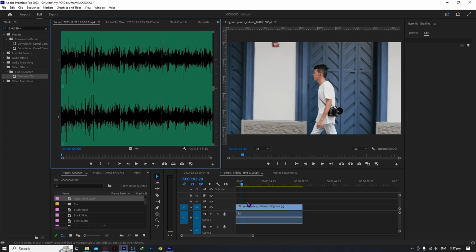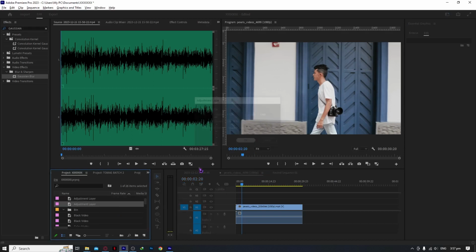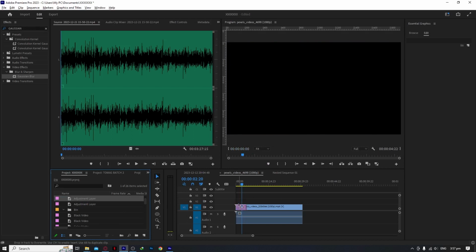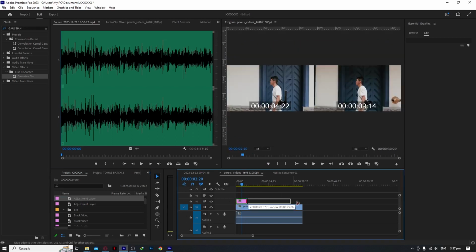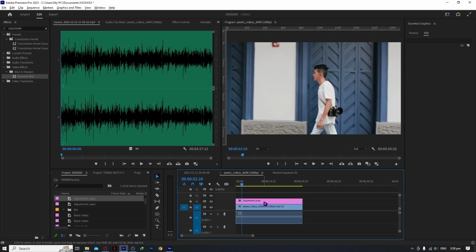First of all, we would need to add an adjustment layer into our video. Let's go to our project panel right here and click on New Item. If you can't see the New Item button, you would need to expand your project panel. Click on New Item, click on Adjustment Layer, click on OK. Then drop your adjustment layer at the top of your clip. Make sure that it's not below anything, as you want your black bar to be on the top of